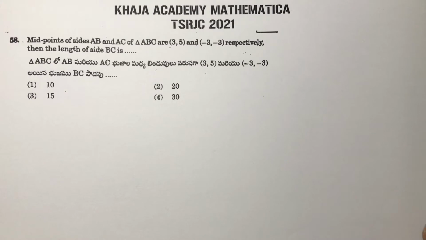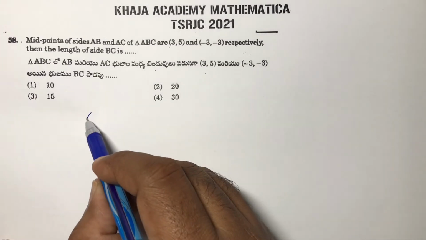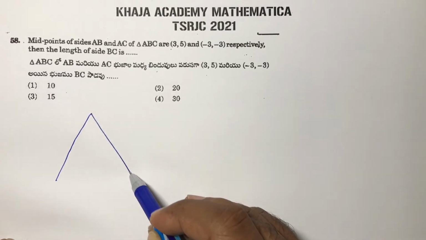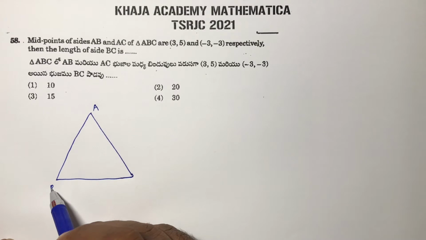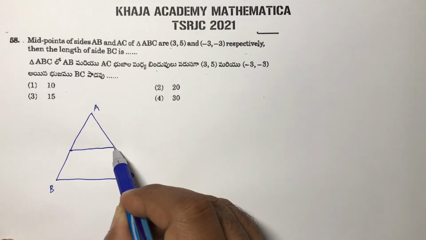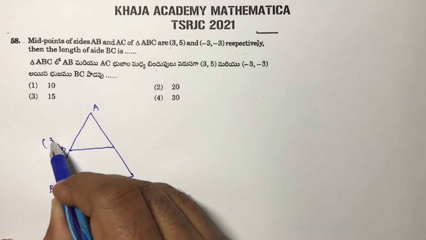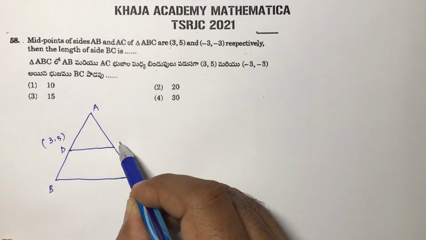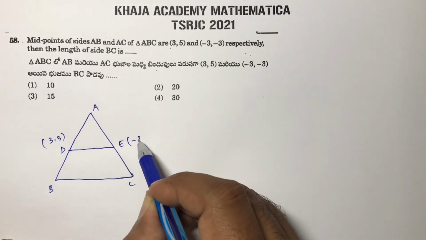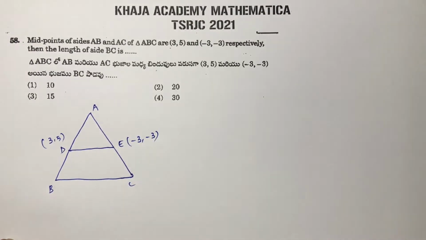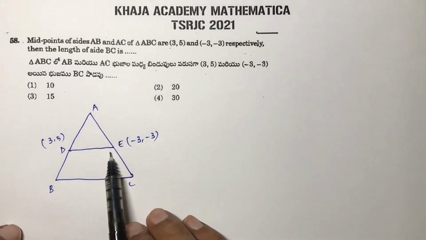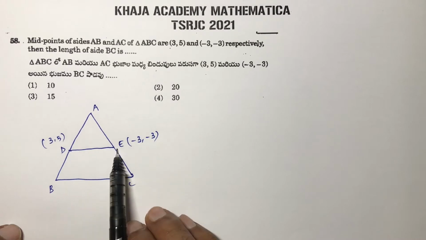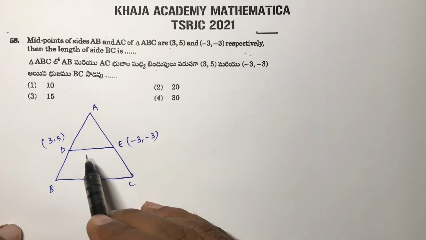See, midpoints of the sides AB and AC of triangle ABC. So midpoints of AB and AC are given. So A, B, C. So this is D. This is given 3, 5, and this is E, given -3, -3. So the midpoints of these two sides, D and E, are given. We need to find BC. So as it is a midpoint